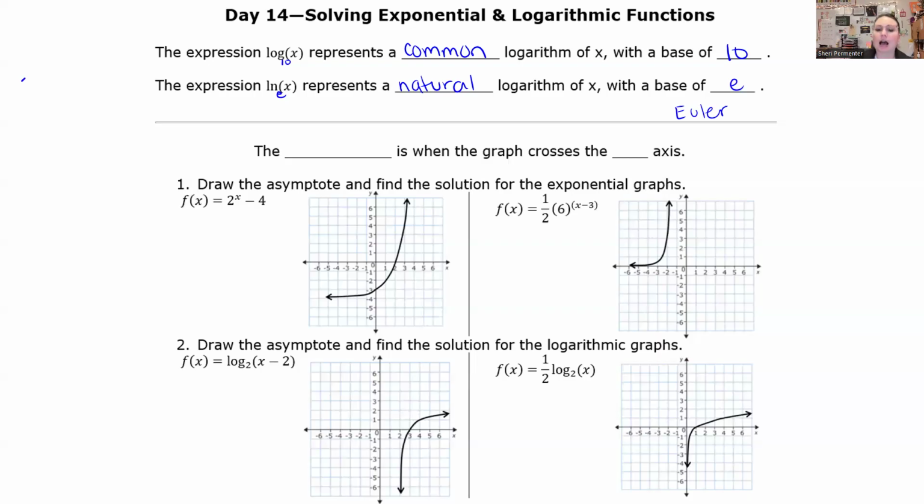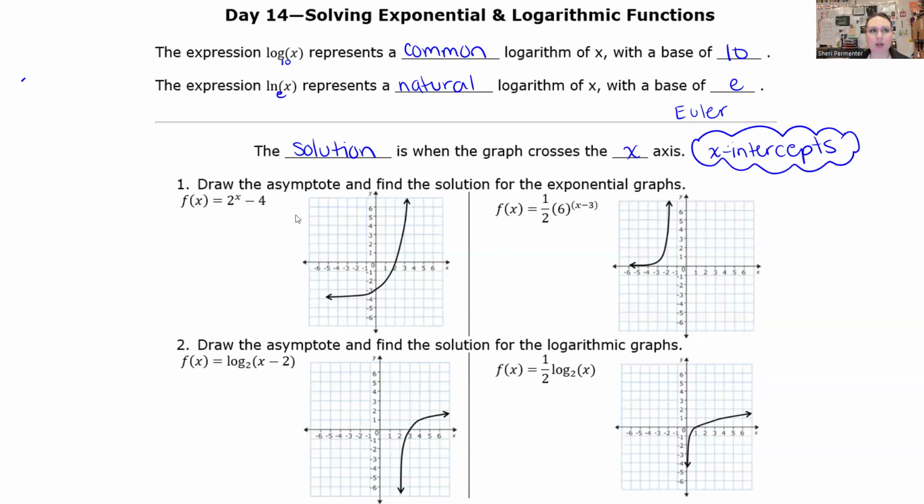The solution to a graph is where the graph crosses the x-axis, or the x-intercepts. That's it. We've been doing this all year. Here's a new function. Find it on a graph. It's the x-intercept. Here's a new function. Find the solution on the graph. It's the x-intercept. Here's a new function. Find it on the graph. It's the x-intercept. It doesn't matter what kind of function it is. The answer, the solution, is the x-intercept. For all these problems,